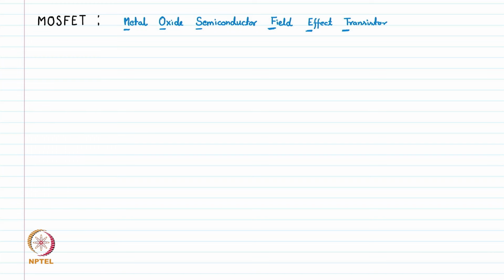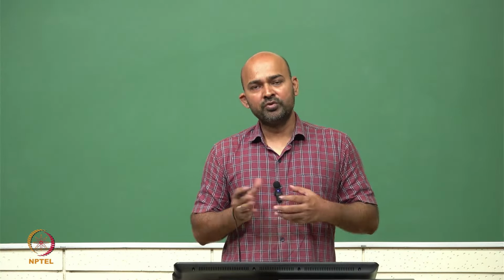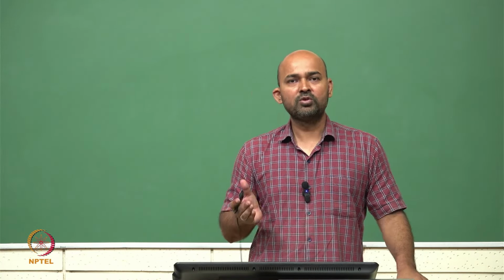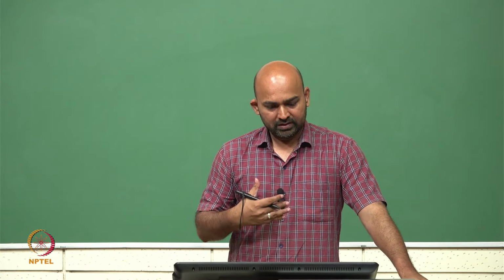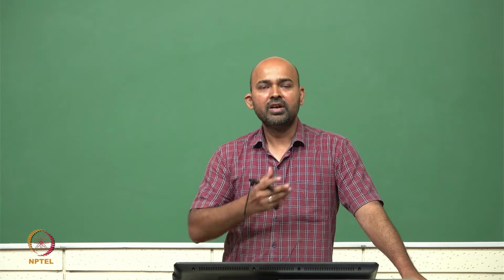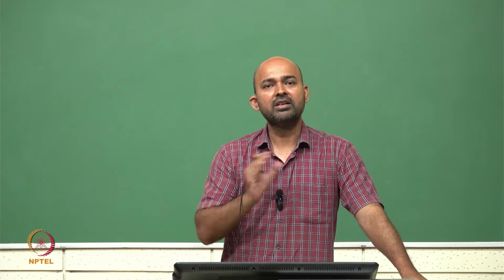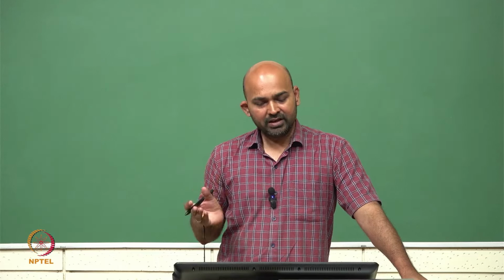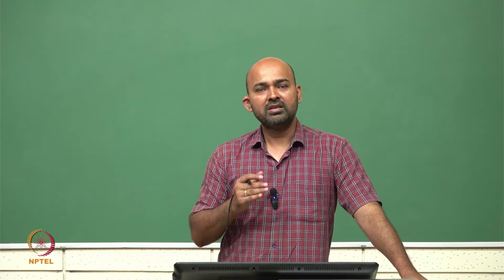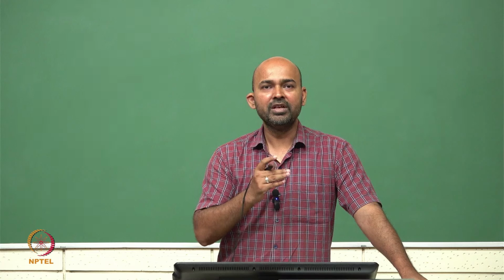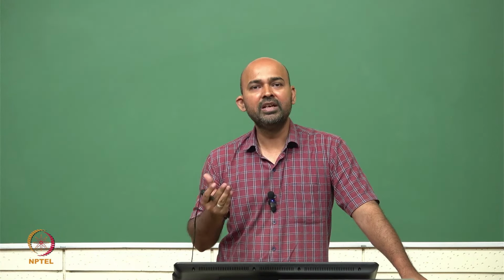This MOSFET is the most common type of transistor which we use in IC fabrication, and it is typically used for switching or amplifying the signal. So, there are two types of cases where we use a MOSFET. One is as a switching device, where it is used as a switch and we are interested in the on and off region. The second application is amplification, where we are interested in how much gain we can get